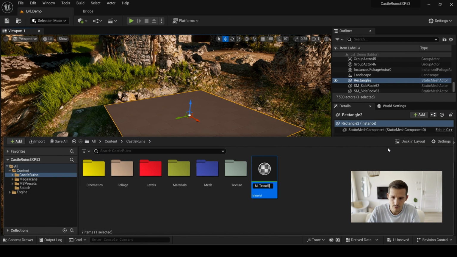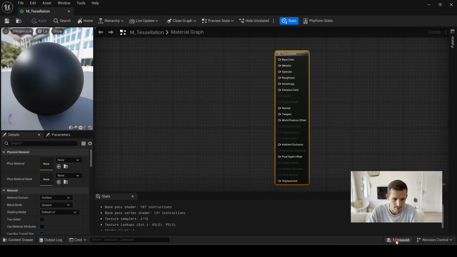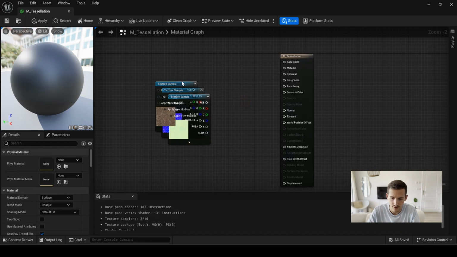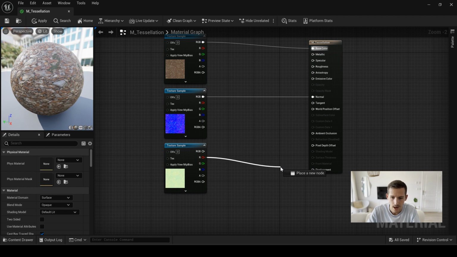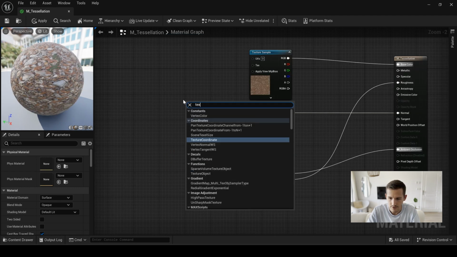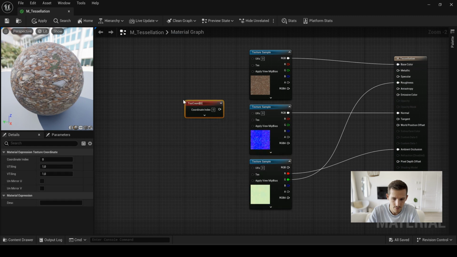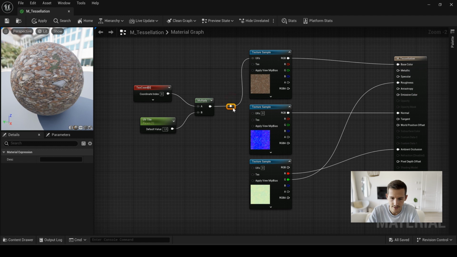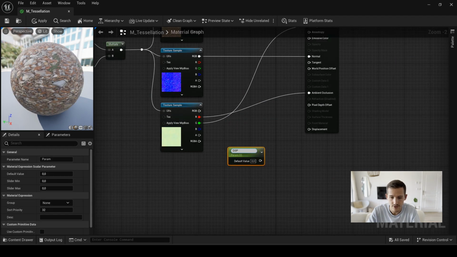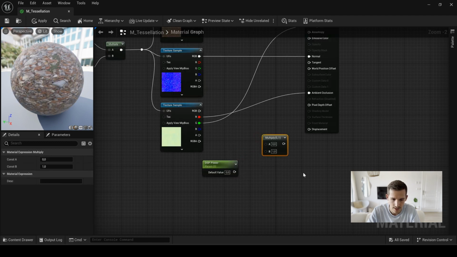Now, if we jump back to our content browser and create a new material, we'll put in place the overall system. As usual, just drag and drop your textures and place them where they need to be. For the displacement input, I'm going to add extra logic afterward. First, I add a quick and simple UV tile system with the texture coordinates node, a scalar, and a multiply. Then I join the UV inputs of each texture to it. For the displacement tessellation input, I simply reproduce the same logic with a multiply and a scalar parameter in order to control the intensity of displacement.